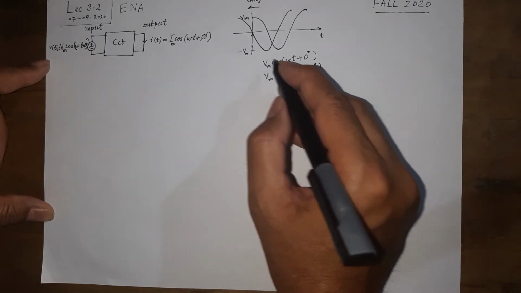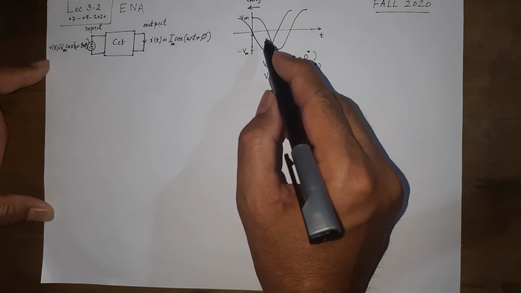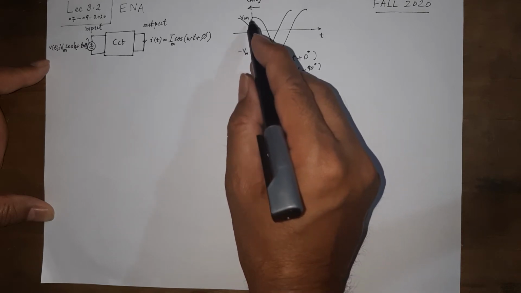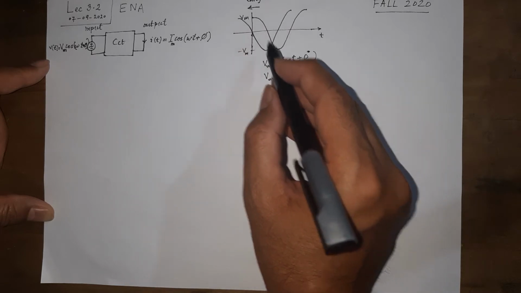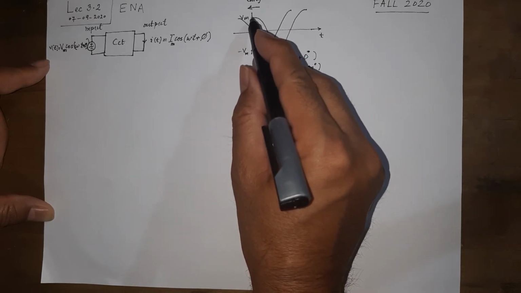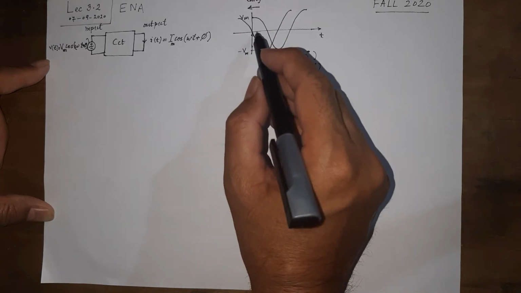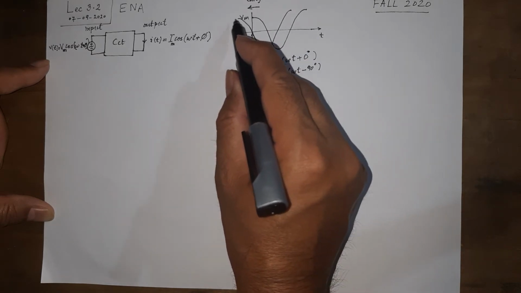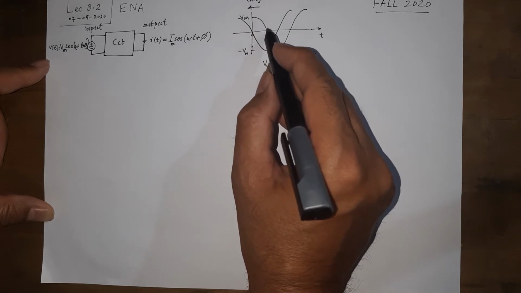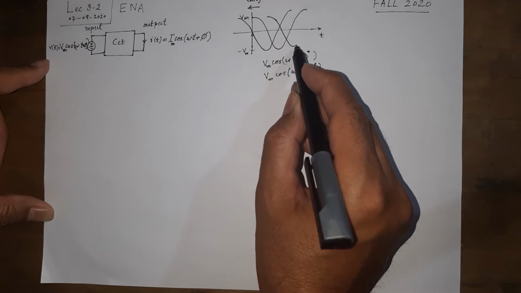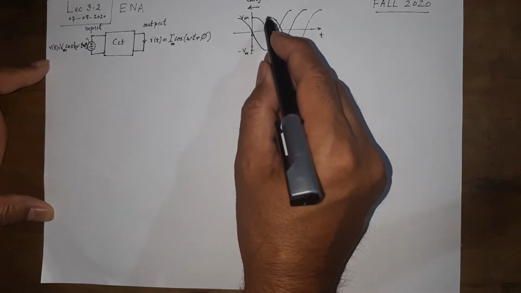So you see, this is the concept of phase angle. Phase angle tells whether it starts as that nice cosine waveform where it peaks at t equal to 0, or its peak occurs earlier or later. Similarly, we can delay this to be starting from here. I hope you understand this.